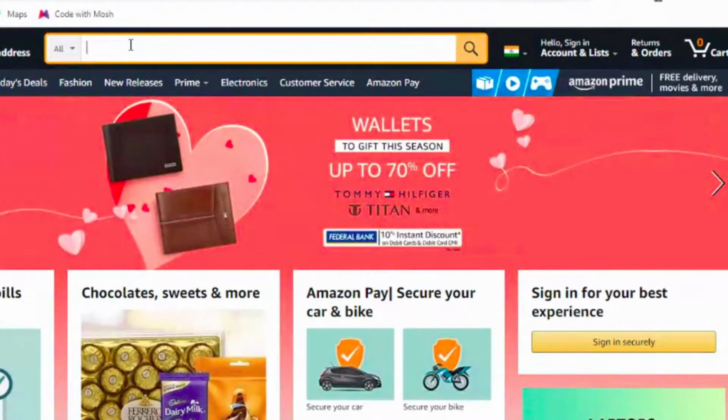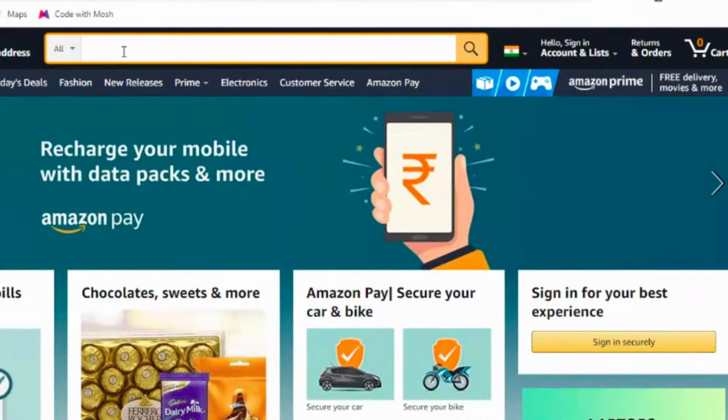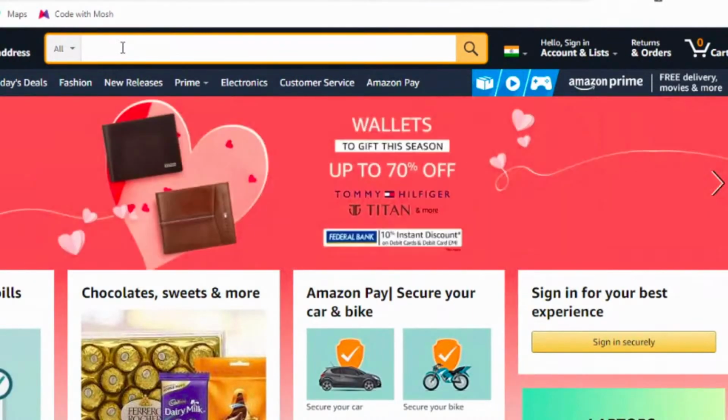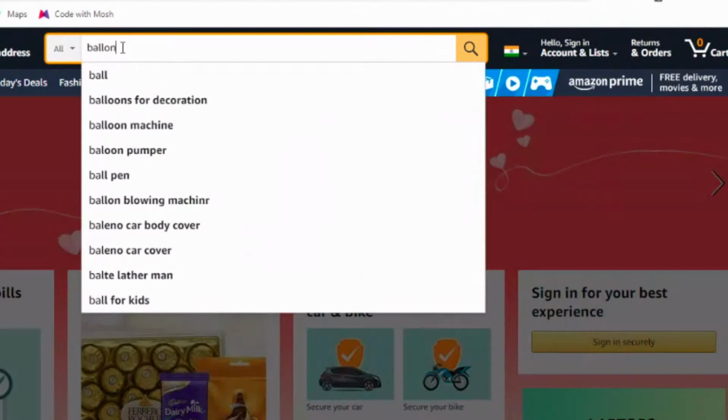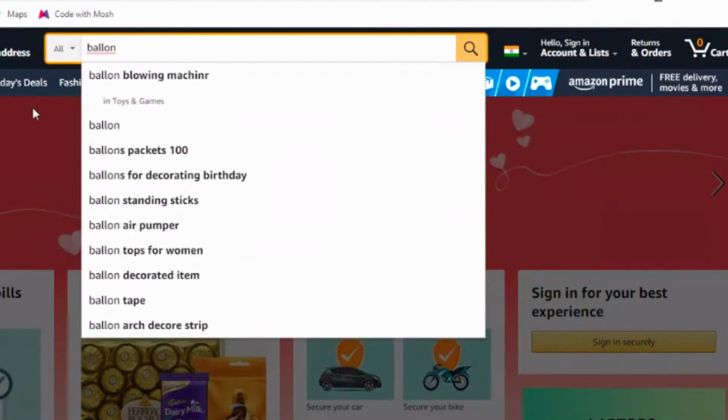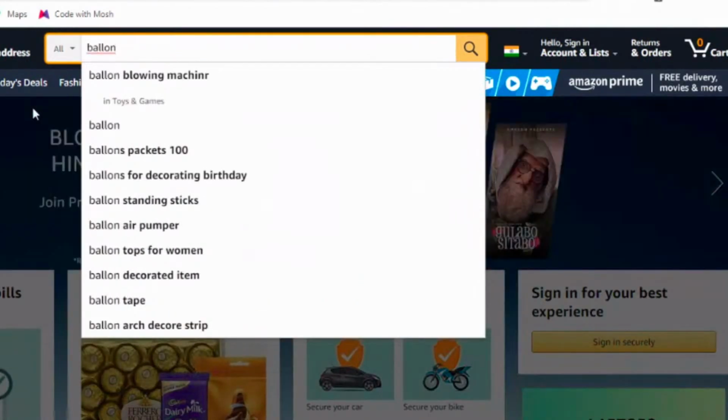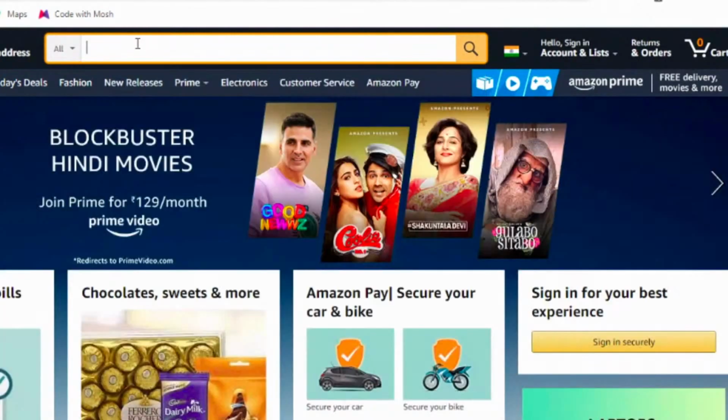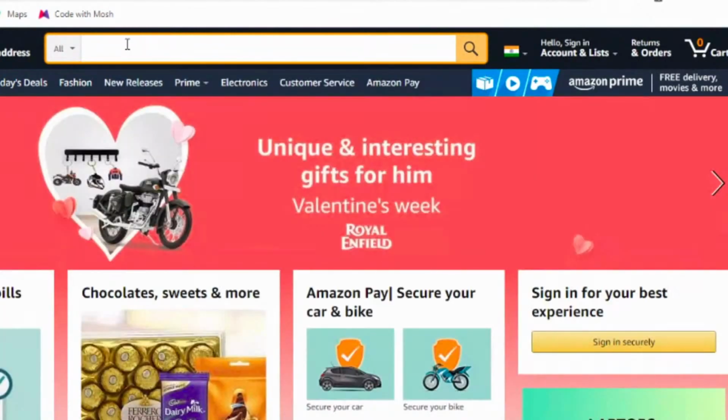You can see it is highlighted with this orange border. I have clicked on this search field and passed some value like balloon, for example. So this is the test case I have written. In this case, I am locating this search field via the name property.